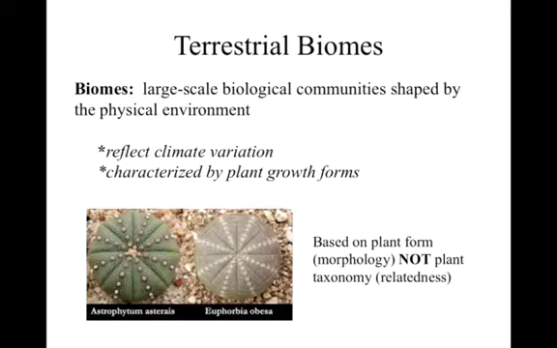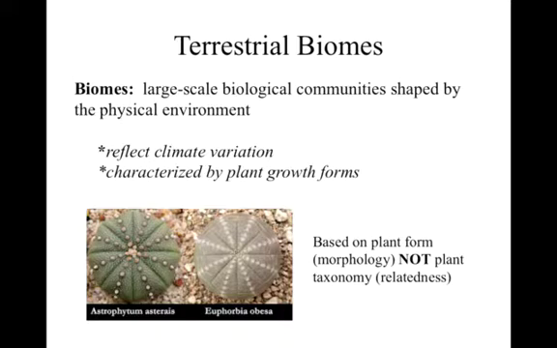Now, in order to understand what's going on in the biosphere, we tend to divide the biosphere up into what we call biomes. And we can talk about terrestrial biomes and also aquatic biomes. Biomes are generally large-scale biological communities shaped by the physical environment. And so they reflect climate variation and variation in environmental conditions, and at least for terrestrial biomes, they're characterized by